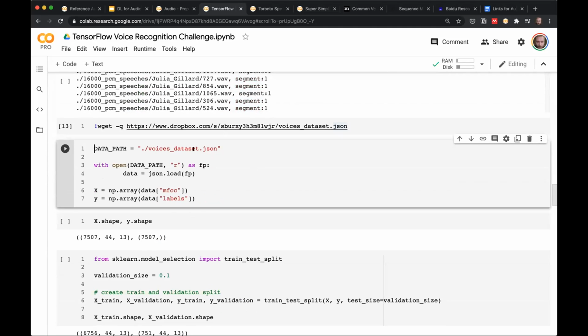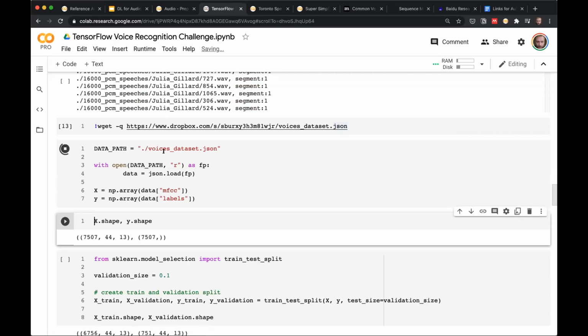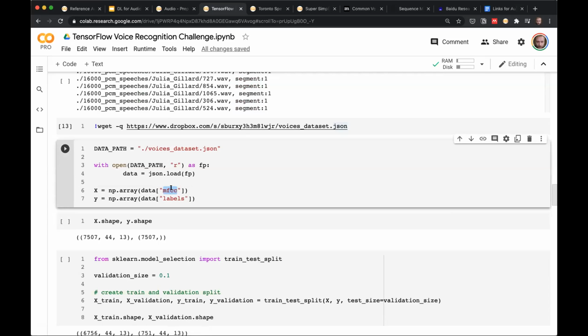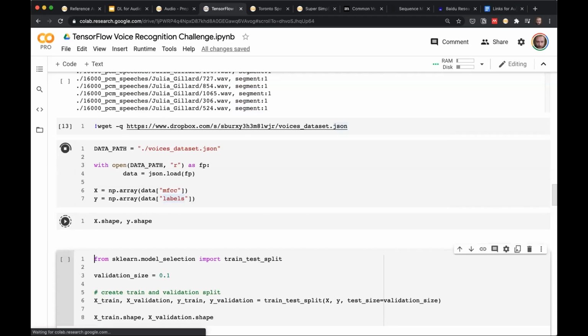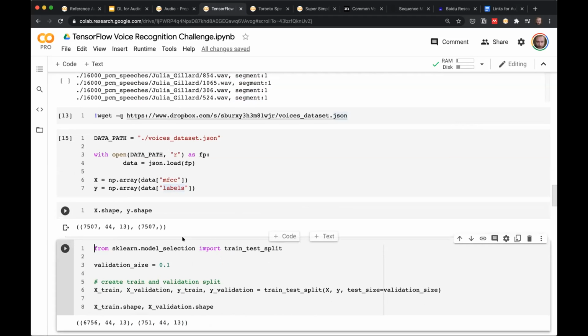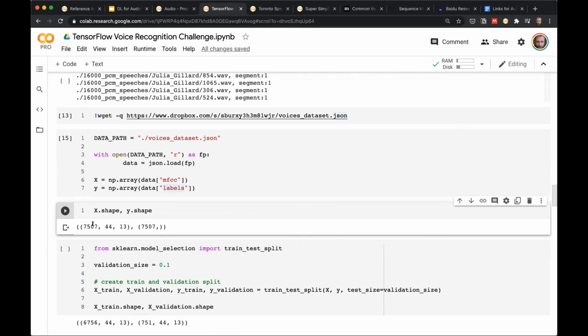Once we've got that, we can bring this in and get out the MFCCs, which is going to be the input to our network, and then the labels, which is obviously what we're trying to predict here. So I can take those two things out and look at this, and sure enough, I'm going to have my X and Y. I'm going to have these 7,500 plus